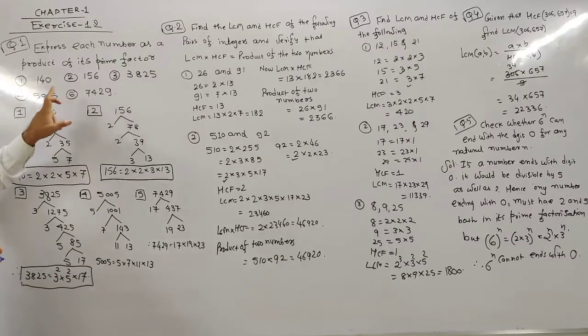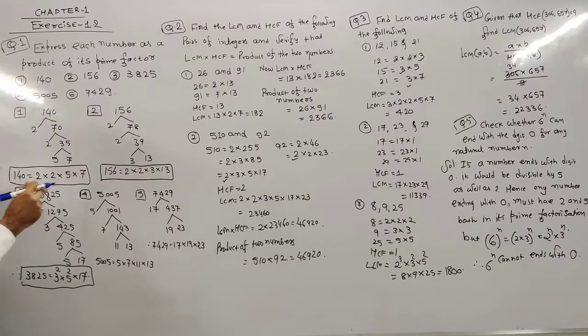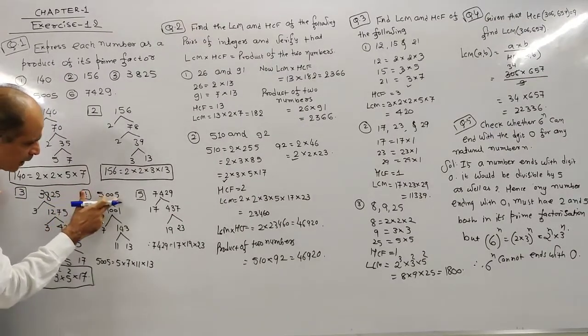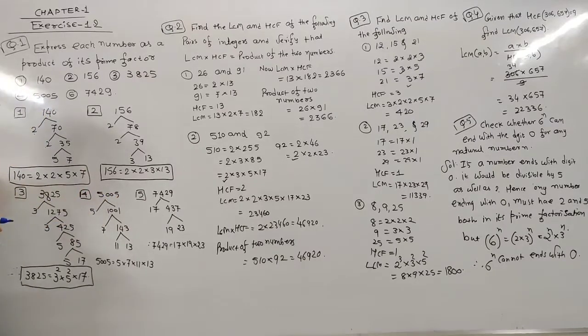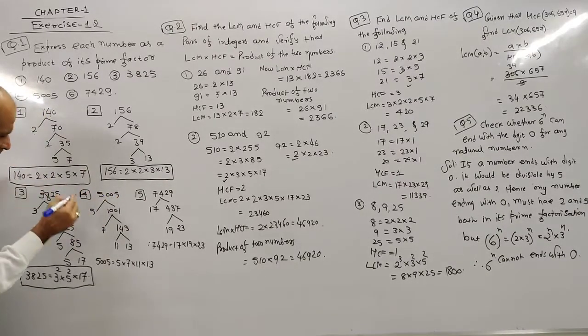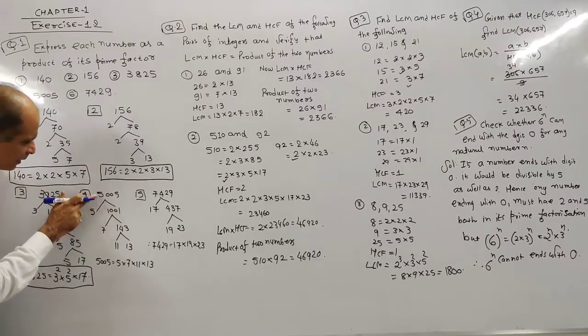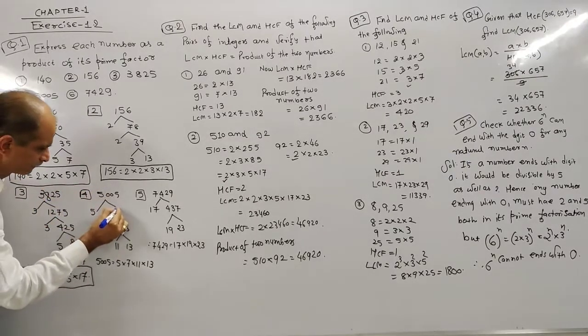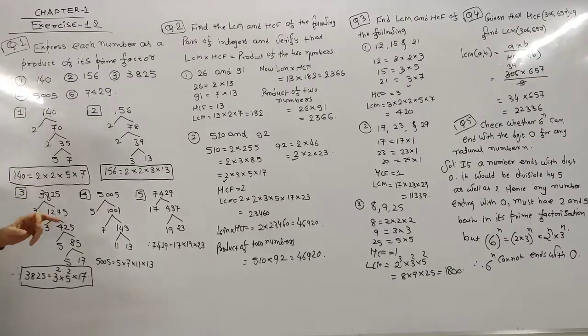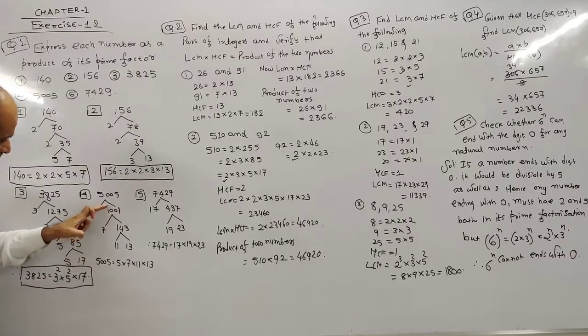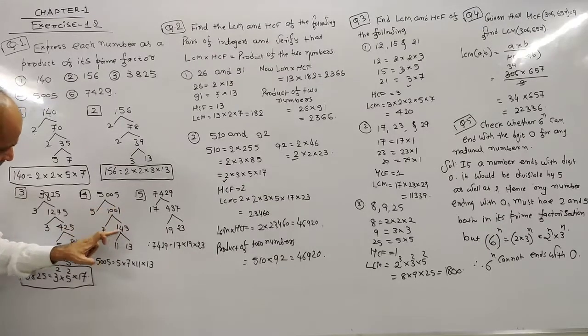Well, now example number 4, that is 5005. Again the last digit is 5, and 5 plus 5 is 10, so not divisible by 3, but directly divisible by 5. If you divide by 5, 5 ones are 5, 0, 0 and 1. Now 1 plus 1 is 2, not divisible by 2, not divisible by 3, not divisible by 5, but divisible by 7. 7 ones are 7, 3, 30, 7 fours are 28, 2, 20, 20 and 7 threes are 21. So your answer is 143.